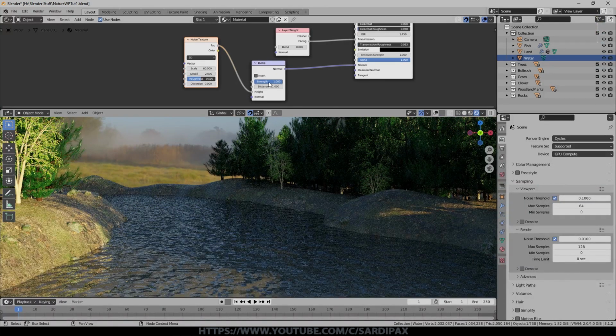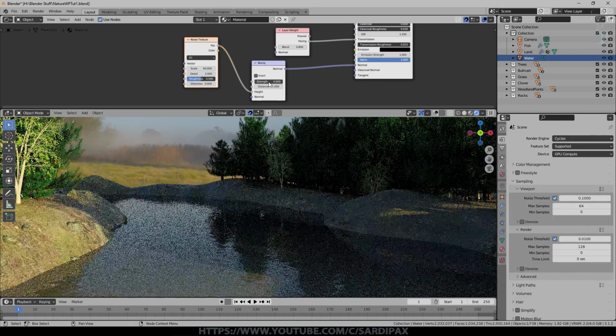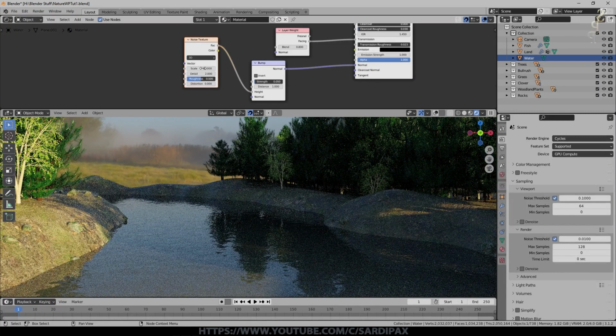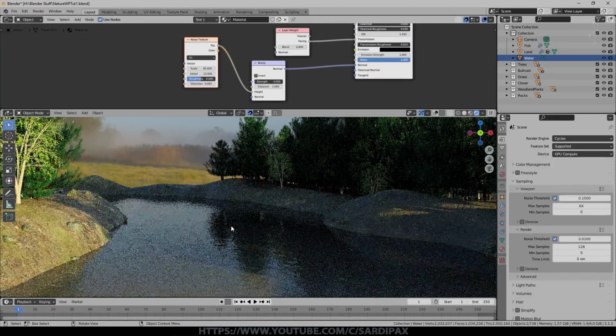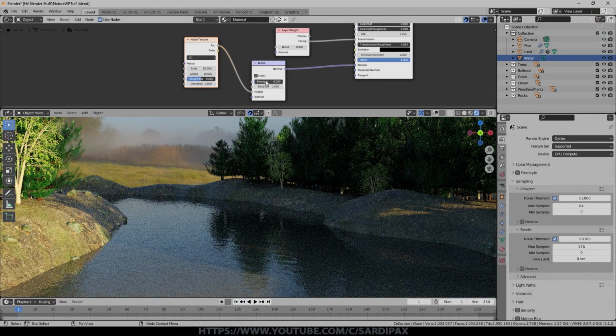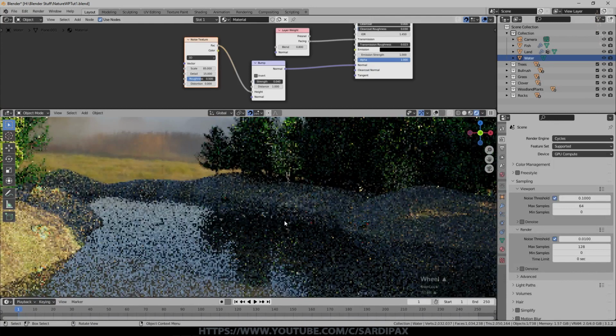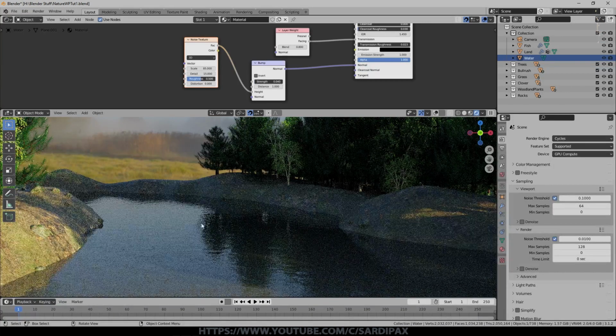So we'll now go for a much lower strength. We'll go for 0.05 for the moment, and that starts to become a lot more reasonable. And we'll turn the scale up a bit. We'll go for 85. I also turned the detail up, and that sort of gives you even smaller noise on a higher scale. And then we can perhaps come down on the strength a little bit, 0.04. The idea of this is really just to get this effect of the ripples slightly distorting the reflections of the trees and things like that without completely removing them. So you can see this is a reflection of that tree, but it is distorting it slightly.